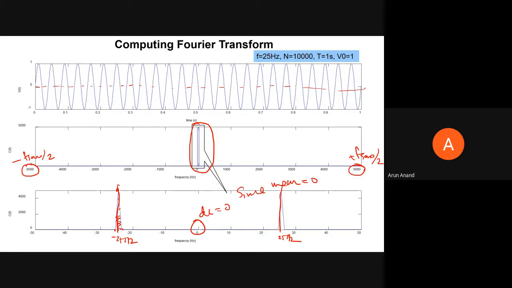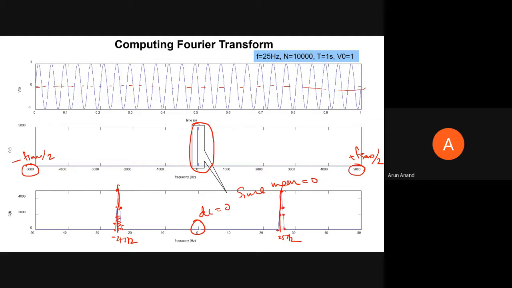So you are expecting a single straight line. Or in fact, you can't say line. It's a point here. Instead of a point, you are getting multiple points here, because these are nothing but points. The lines, we are drawing for our convenience. They are just discrete values on a chart. This should have been just a discrete value, a point here. Instead of a point, you are getting multiple points. Clear?